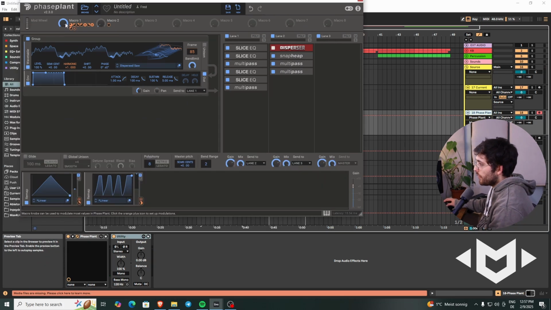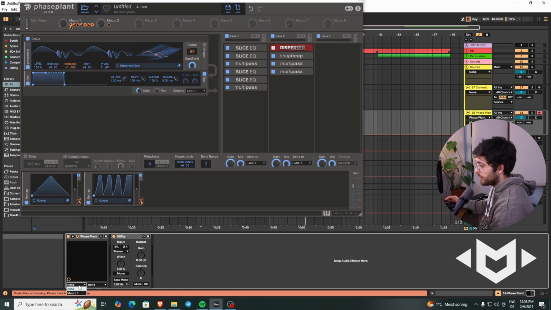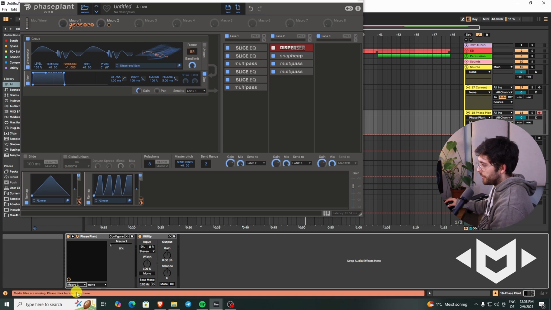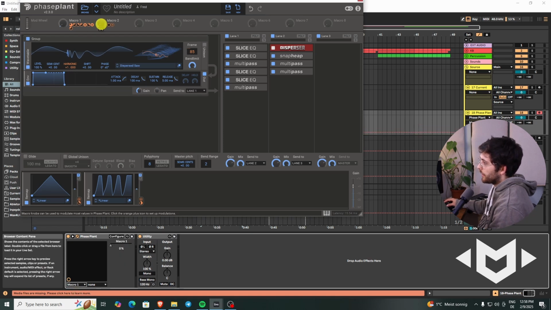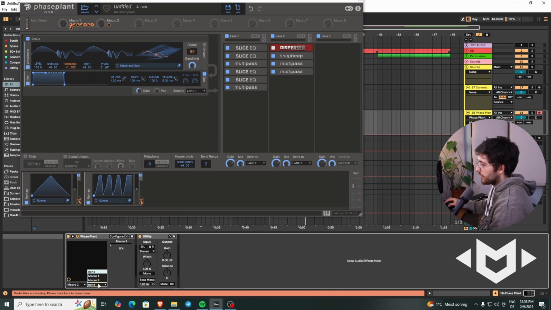So now we are choosing here, before we tweak this macro, and then we can choose here in the, this is Ableton specific, we can choose here in the XY pad macro 1, and we're gonna tweak macro 2, which is just the pitch, and assign it to here. And now we can have like sick movements here, like